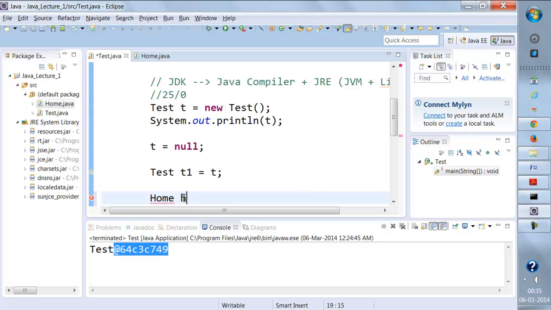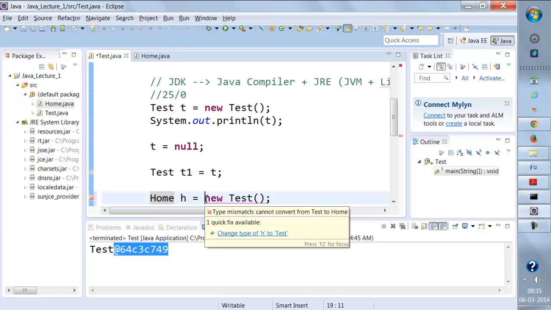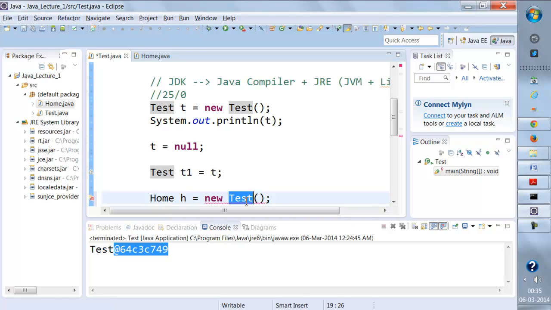So here I need to specify which class this reference belongs to, right? I cannot say home h equal to new test. This is not possible for the time being with the current example, right? So whatever reference we are pointing to a class should refer to the object of that particular class only,